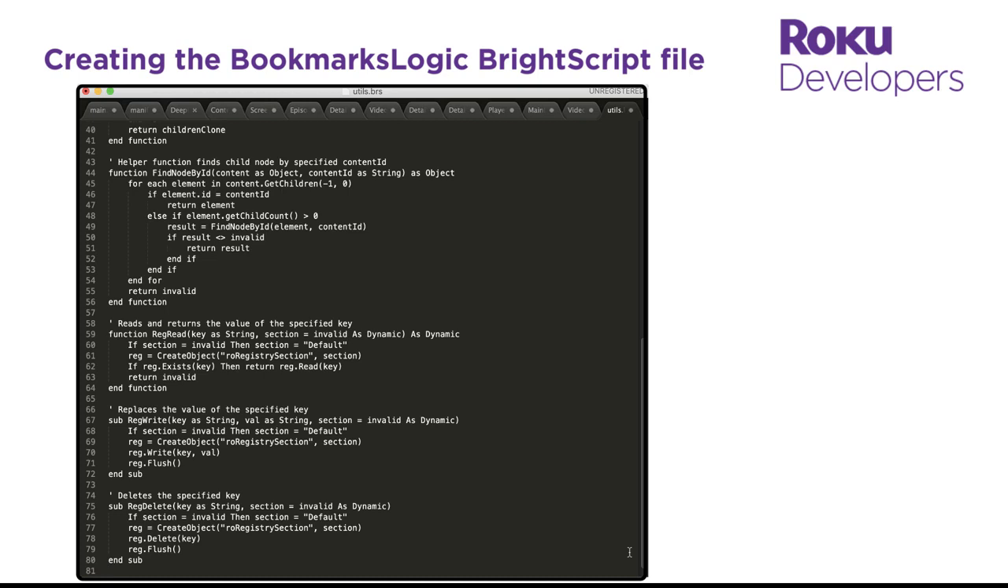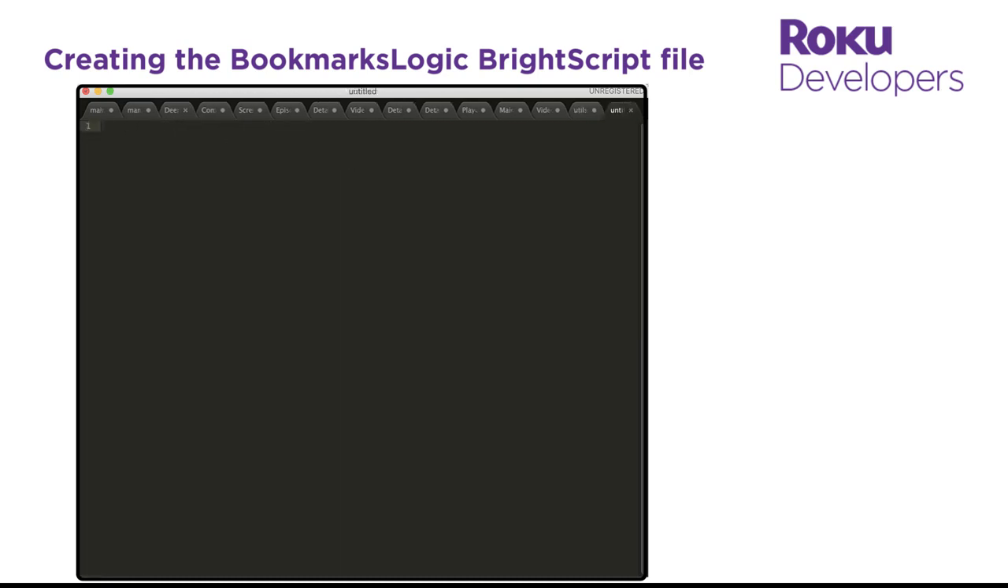So open a new file in your text editor or IDE and create the master channel bookmarks method, which functions as an object that contains the bookmarking methods that we previously called from the detail screen and player task files. In this method, let's create an associative array named this that contains key value pairs for